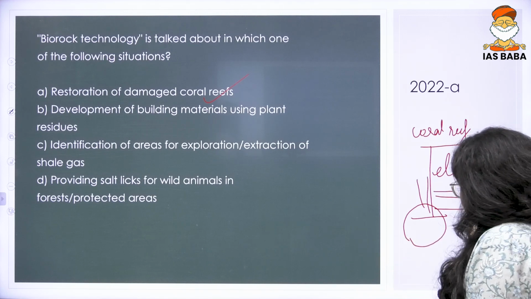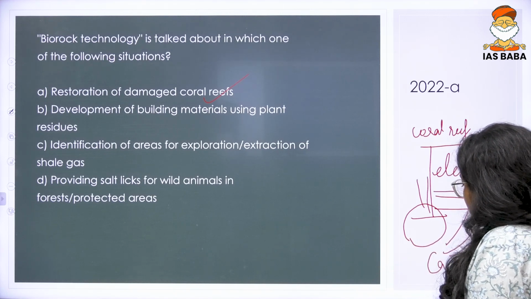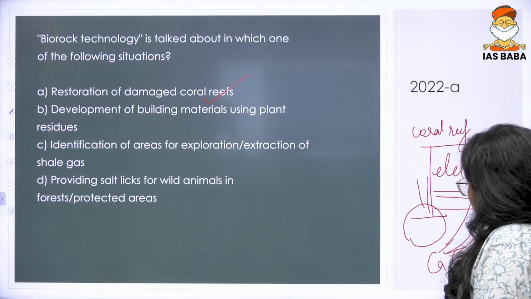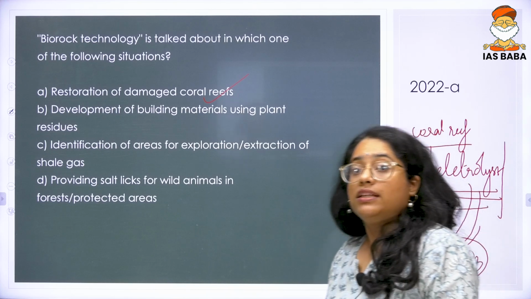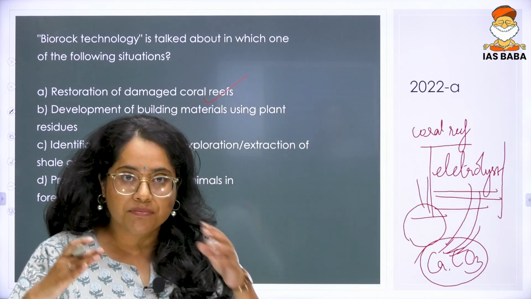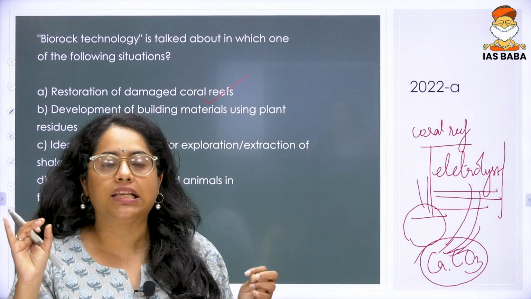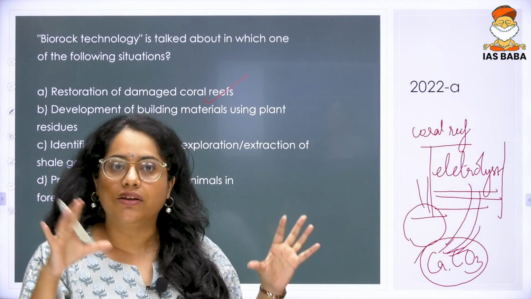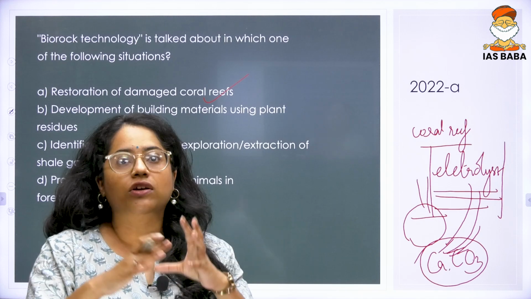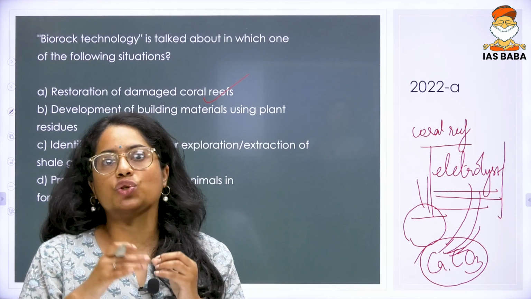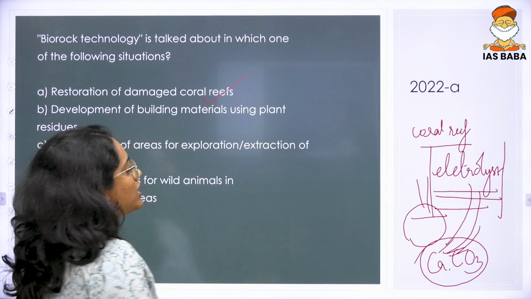From that you extract certain minerals like calcium and carbon, and you create a calcium carbonate base. This calcium carbonate base becomes the area from where the corals can grow easily. Previously even that base was gone. So using this Biorock technology, you're creating the base areas on which your corals can come and grow further. So the answer to this question is